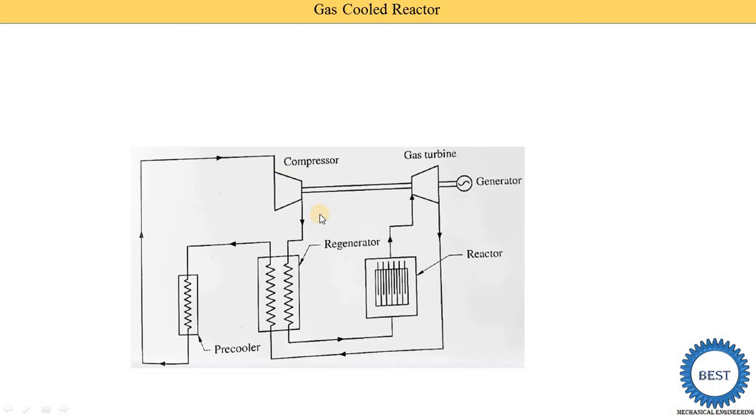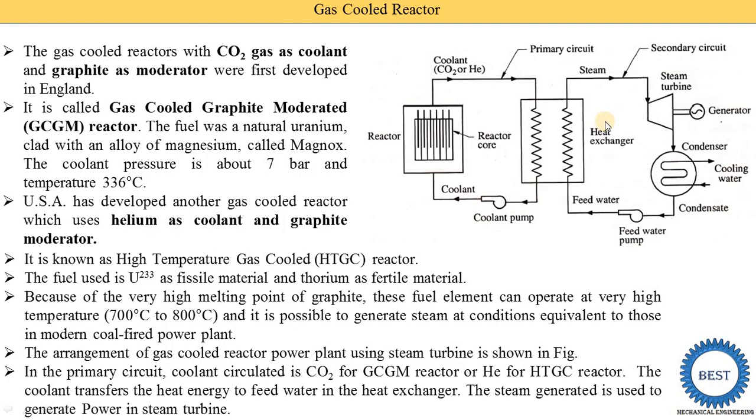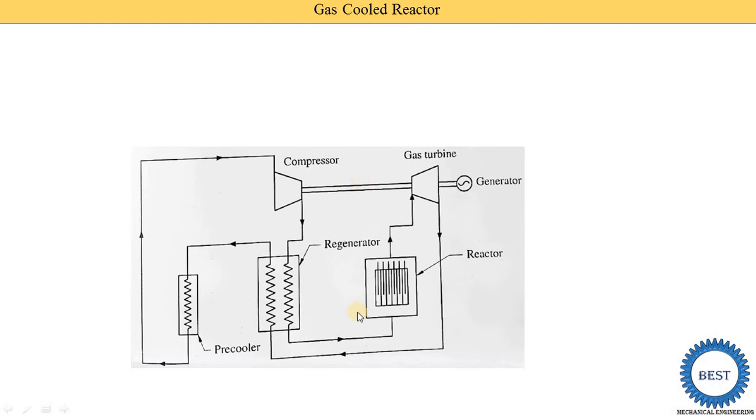Now another reactor type is used. In the earlier case, the heat energy produced by the reactor is supplied to the gas, the gas supplies its heat energy to the water, and the water is converted into steam. Now the second type of gas cooled reactor is one in which the heated gas is directly supplied to the gas turbine. It means we do not need the secondary circuit; we directly supply the heated coolant to the gas turbine, and in this gas turbine we produce mechanical energy. So here you see this is the second type. This is the reactor.